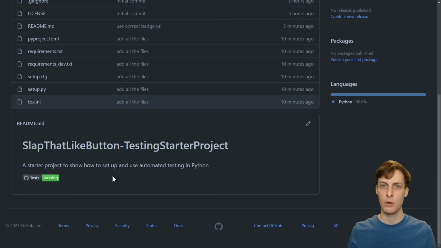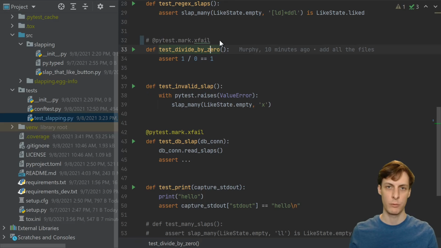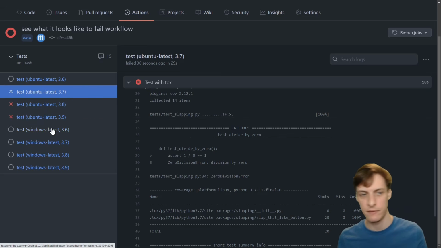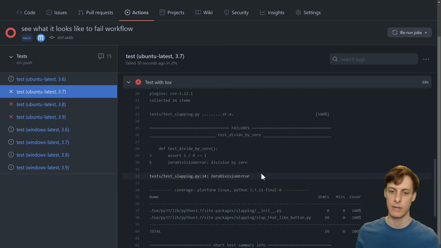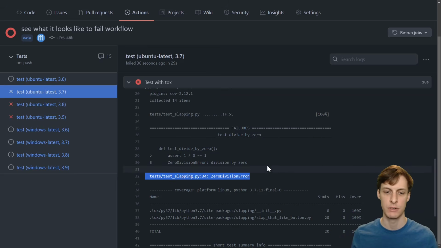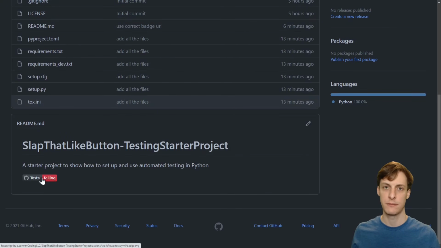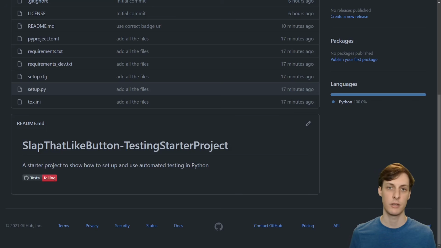Just for fun, let's go break a test and then see what it looks like when it's broken. So I'll get rid of the expected failure for the divide by 0, and then that should definitely cause a failing case. So now everything completed, and we can see that we had 3 failures, and then GitHub will just cancel them if it notices that they're all failing. So 3 of them failed, and then it canceled the rest. And we can just go into the logs and we can see the zero division error. Now when we're on the front of the page, we see the red X showing that it's failed, and we have a test failing here. And that's all there is to it.